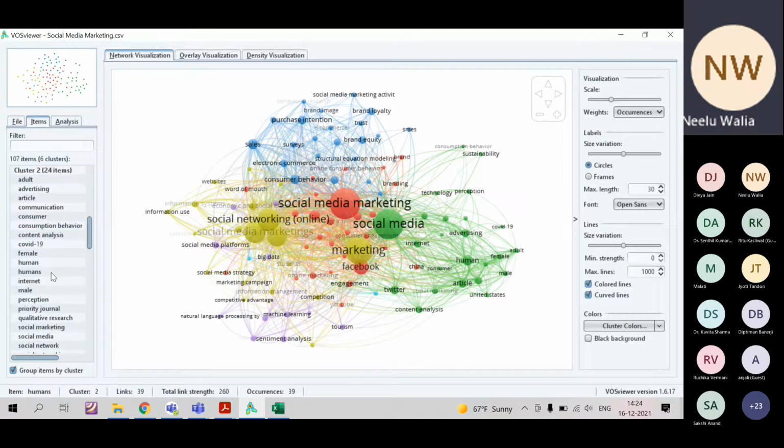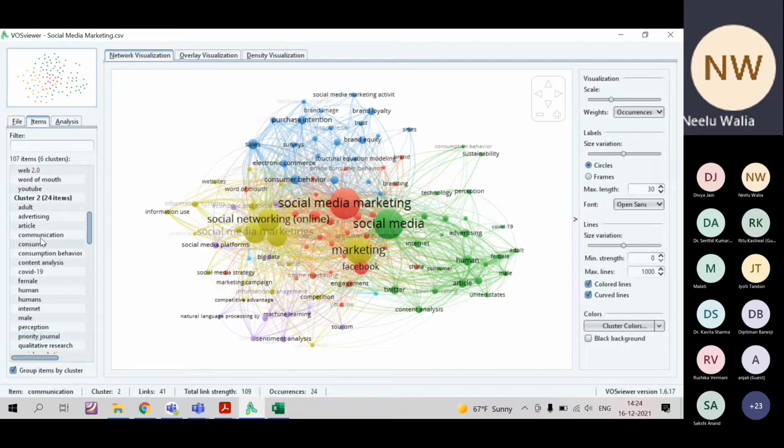Similarly for the next one: advertising, communication, content analysis, consumption behavior, perception, priority, social marketing, media, network, social networking.